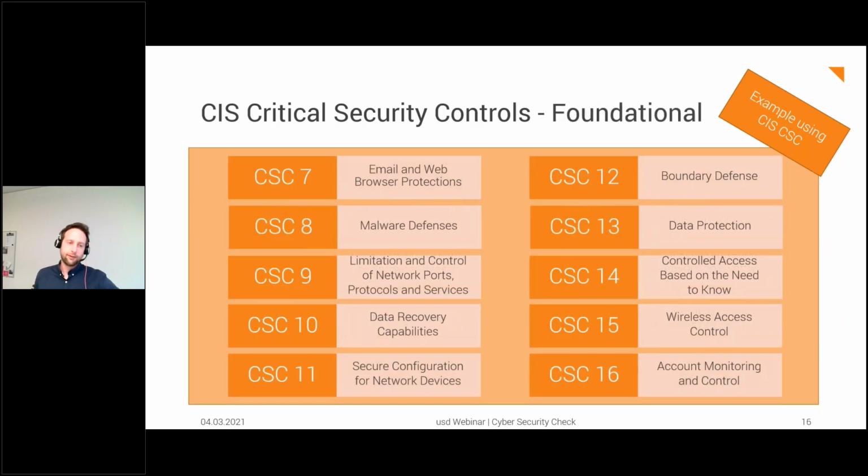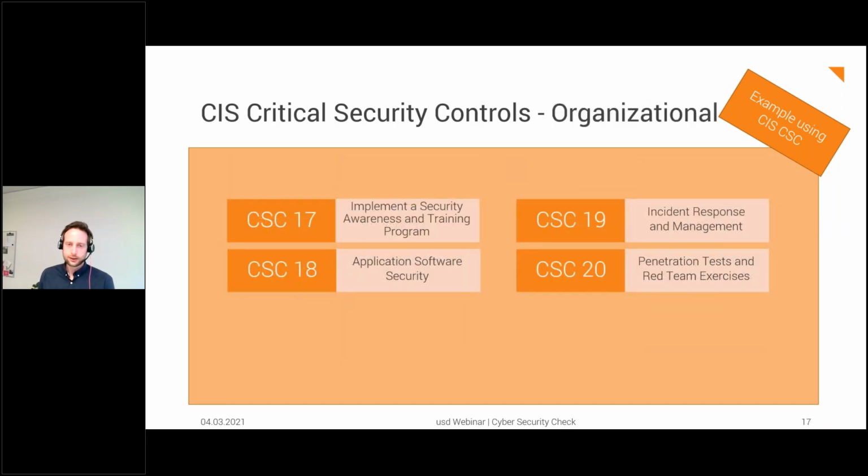If we want to really dig down on business continuity, like I said before, we would definitely like to integrate control 10 here, where we take a look at data recovery capabilities. We also would probably like to make sure we don't get hit by ransomware, so our email protection should be up to date and stuff like that. So it's a basic control framework. Some of you are maybe using this already, so maybe you are quite familiar with this.